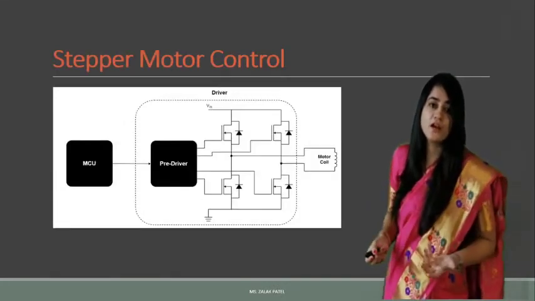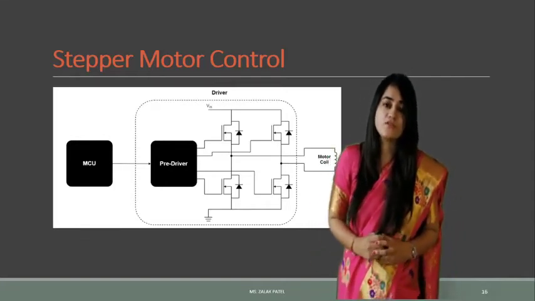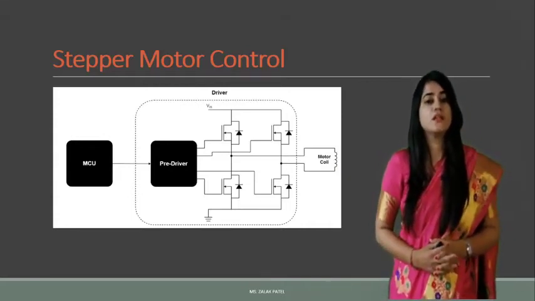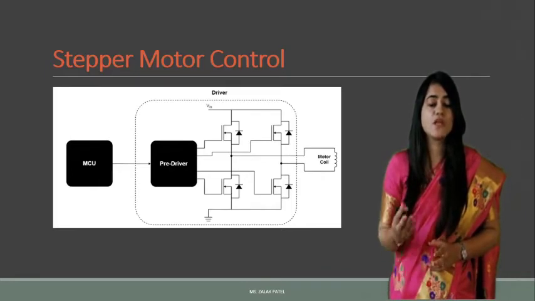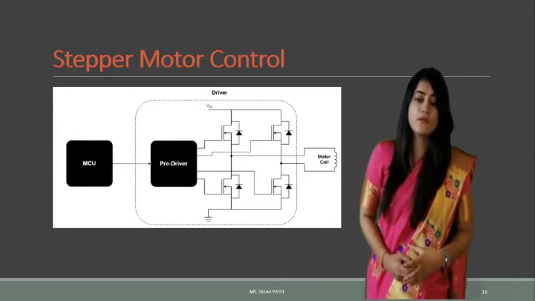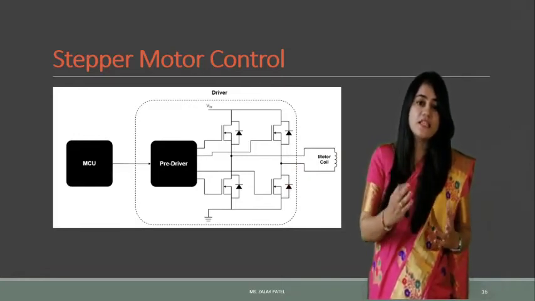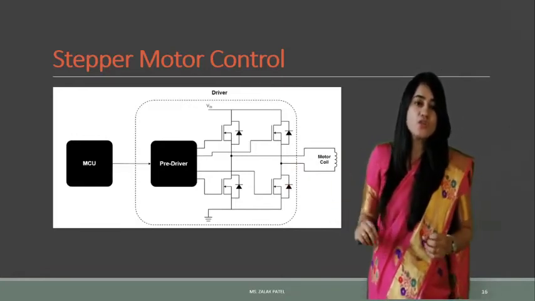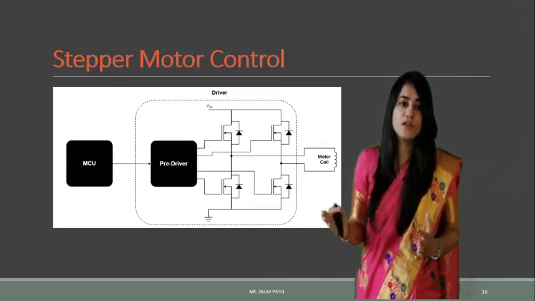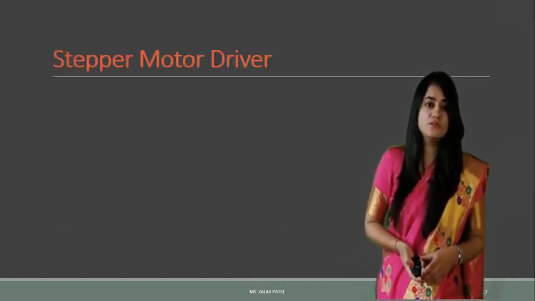Now let's see how we can control the stepper motor. Again, as we saw in the case of the DC motor, for the drive to control the operation of the DC motor, various parameters were shown, such as armature motor control. In the case of stepper motor control, also the pre-driver circuit is there, and the pre-driver circuit has each pair of transistor with diode. The pre-driver circuit will drive the transistor and diode circuit connected with it. Here the MCU is connected. So this is about the control operation of the stepper motor.